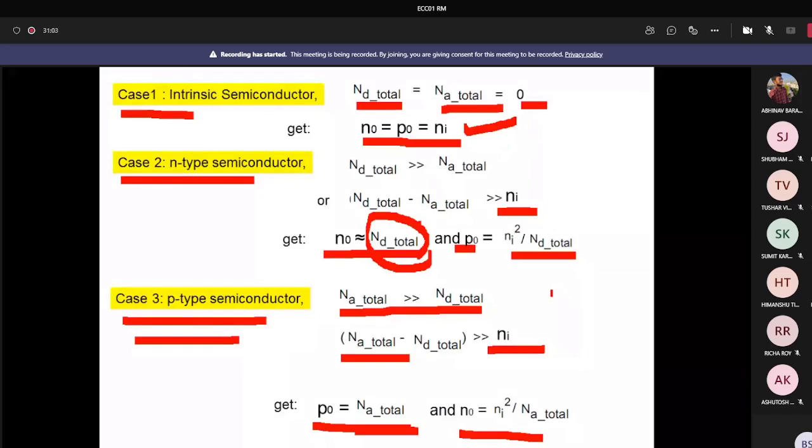Sir, one doubt. In case of doping, do we replace the silicon atoms with the external donor atoms or acceptor atoms, or do we just add them in between the spaces? It will replace. Sir, is doping done through bombardment of silicon atoms with other atoms? Yeah, that process technology is called the diffusion process, thermal diffusion.